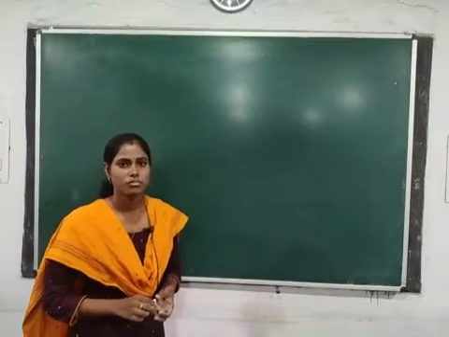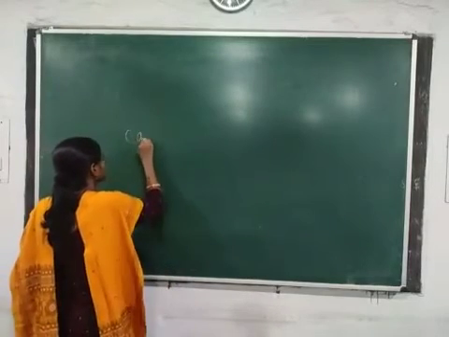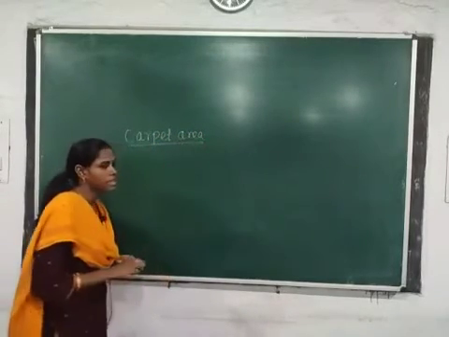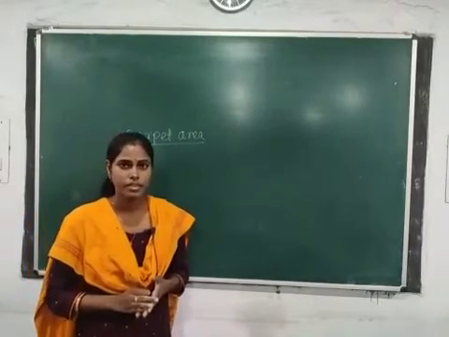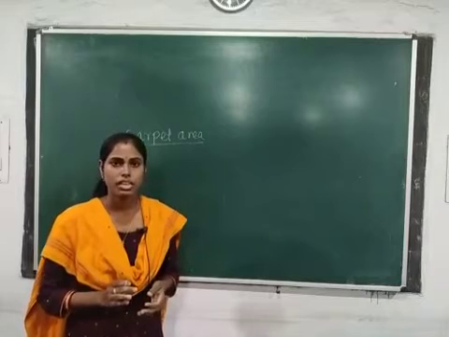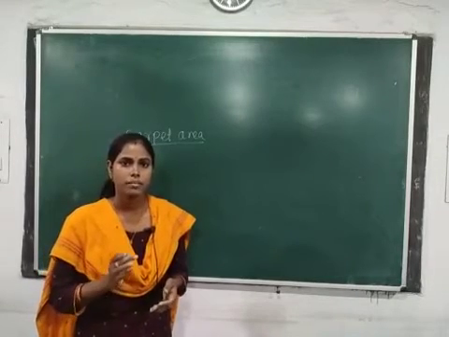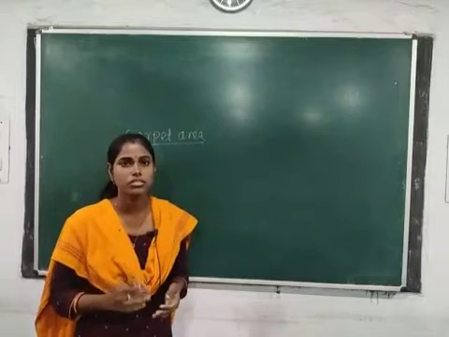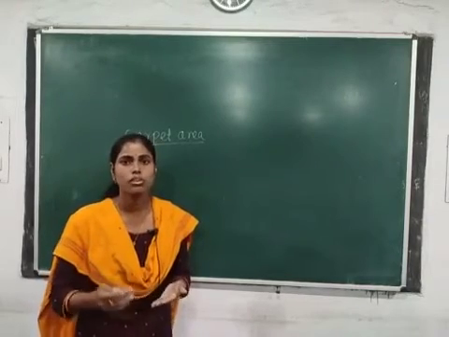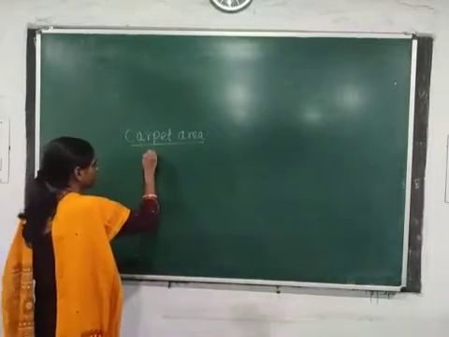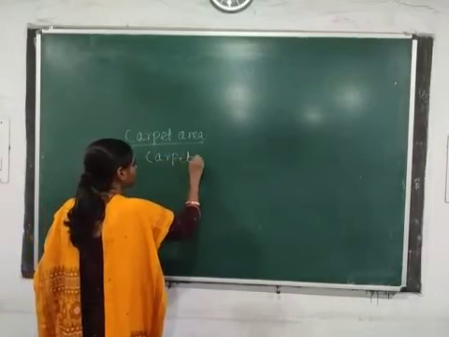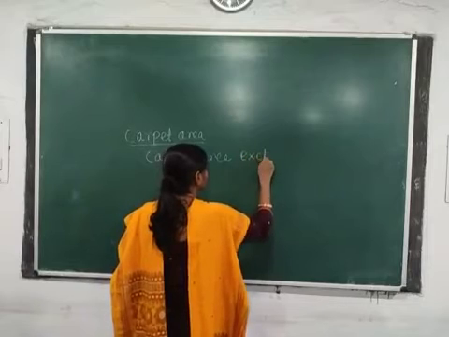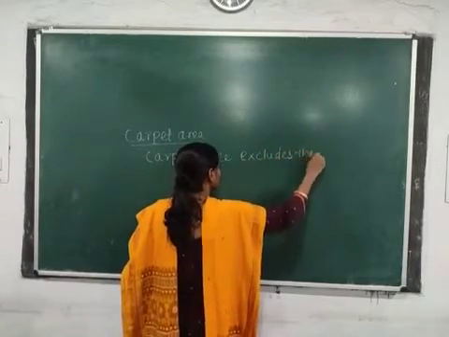Let us discuss the next term, that is carpet area. Carpet area is the useful or livable area, and it is equal to floor area minus circulation area minus other areas such as your sanitary accommodations, your kitchen, store, garages, etc. In short, carpet area excludes the following: